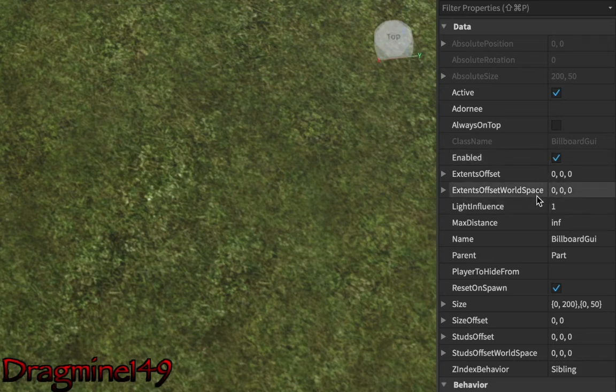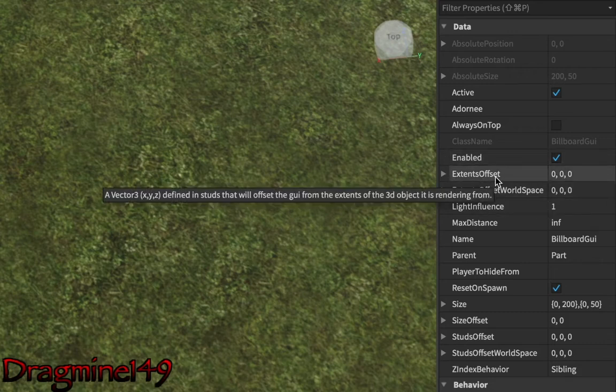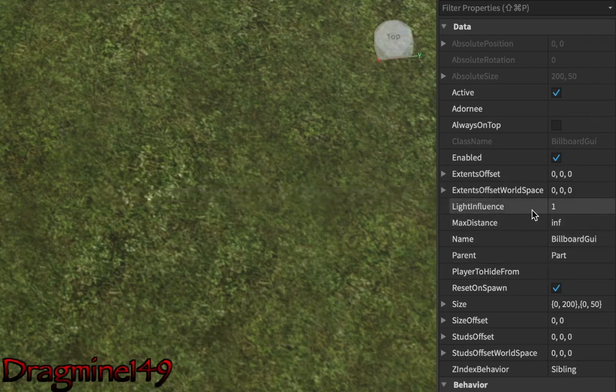Extents offset world space and extents offset are effectively defined instance that will offset the GUI from what it's rendering from. Light influence, how much light it gives out. Max distance, as this is a billboard GUI, this is how far away you can see it.